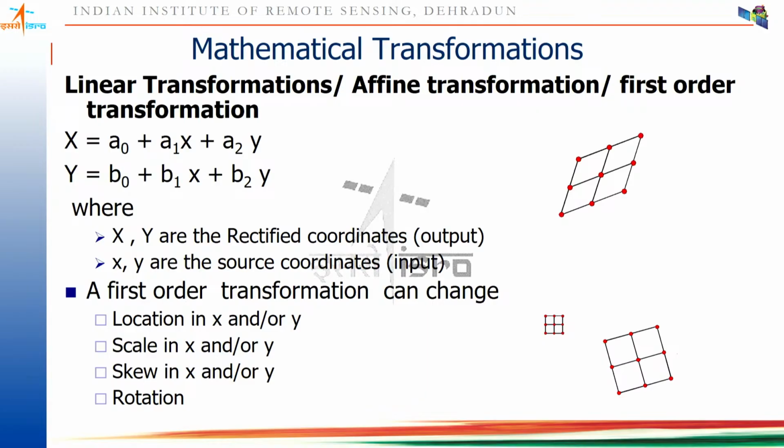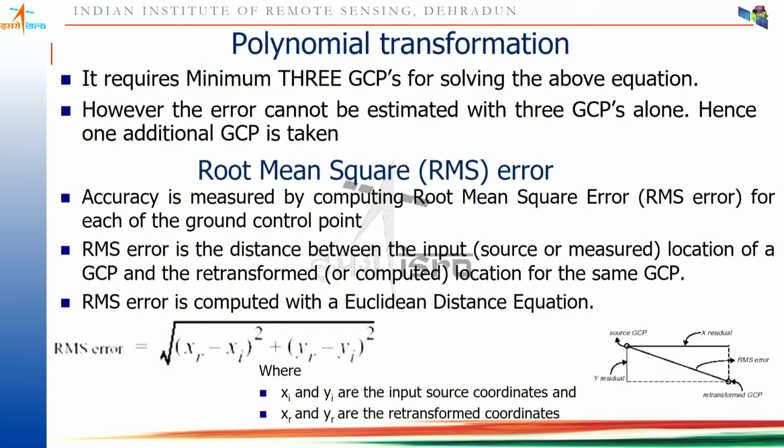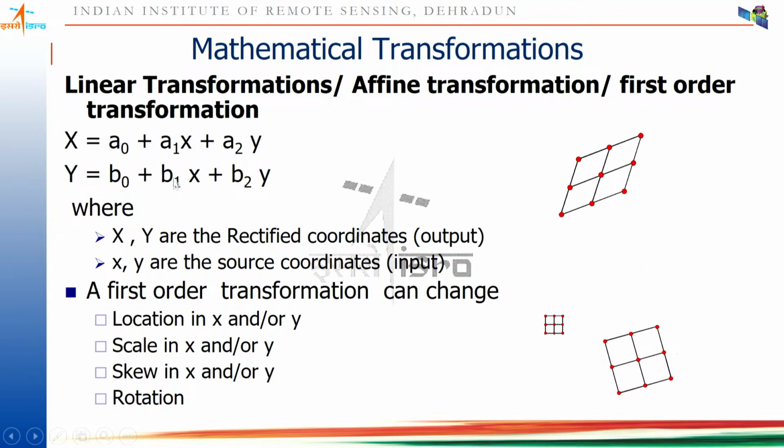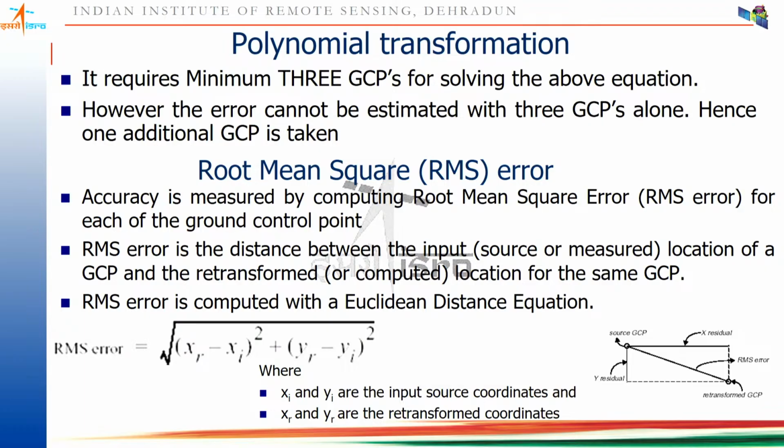Using this and transform means solving this equation, solving it for a particular image and a particular map. How to do that? Identify ground control points, right? If you want to solve this equation, there are 3 unknowns, A0, A1, A2 in X and 3 in Y. So that means a total of 6 unknowns. I need 3 ground control points because each ground control point has X and Y, so each will give me 2 equations. I need 6 equations to solve this transformation. So I need a minimum of 3 ground control points.